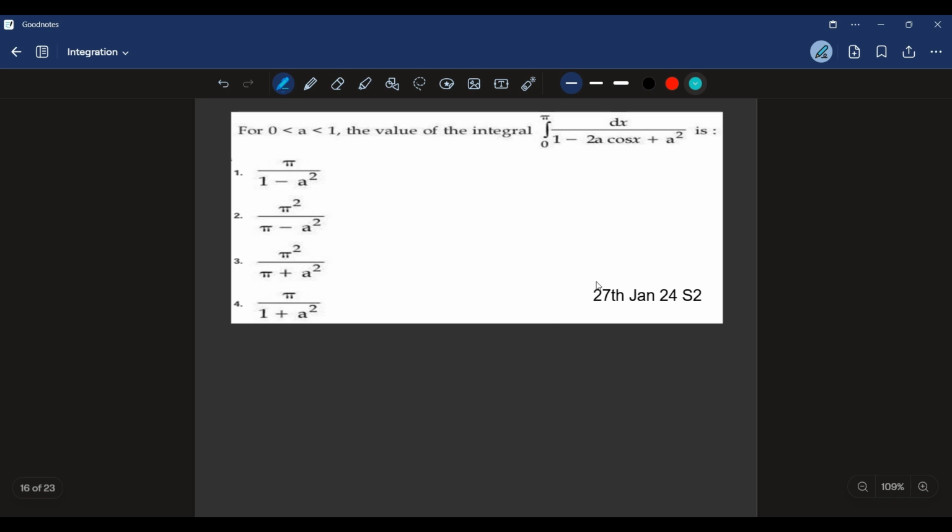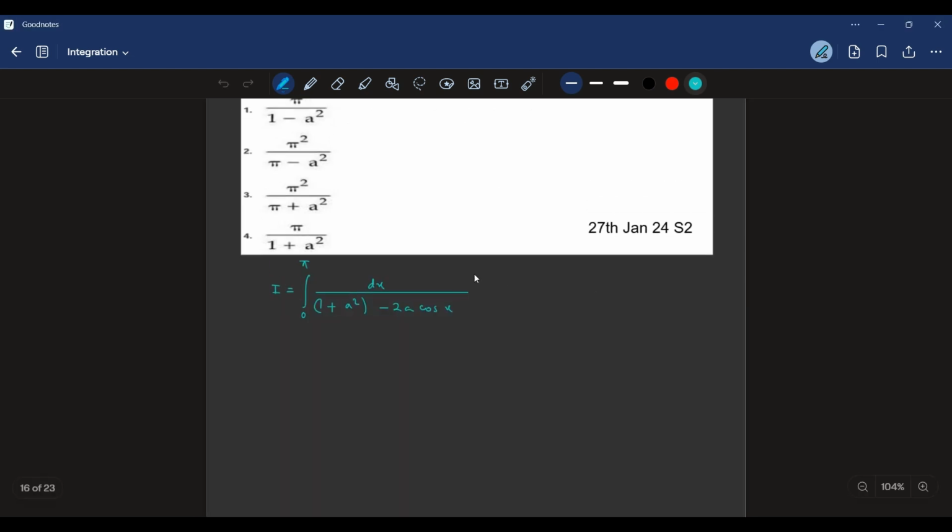Hey JEE aspirant, can you solve this question before me? This question came in 2024 January attempt shift 2, as you can see here. So I'm writing this question right here. I have written this question over here, as you can see, and a is basically a constant which lies between 0 to 1,